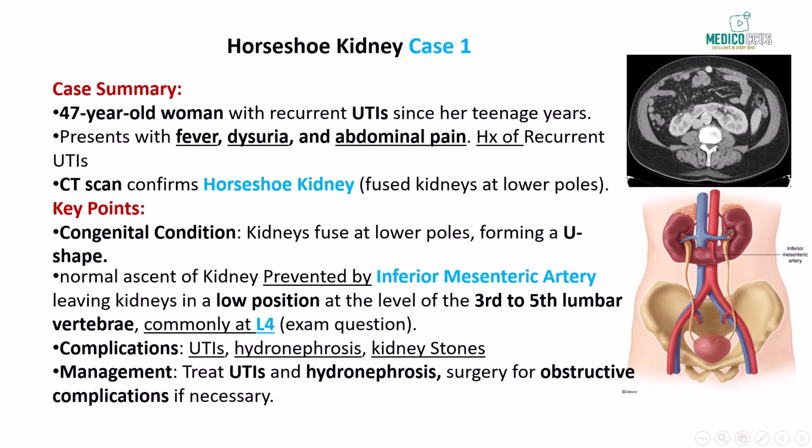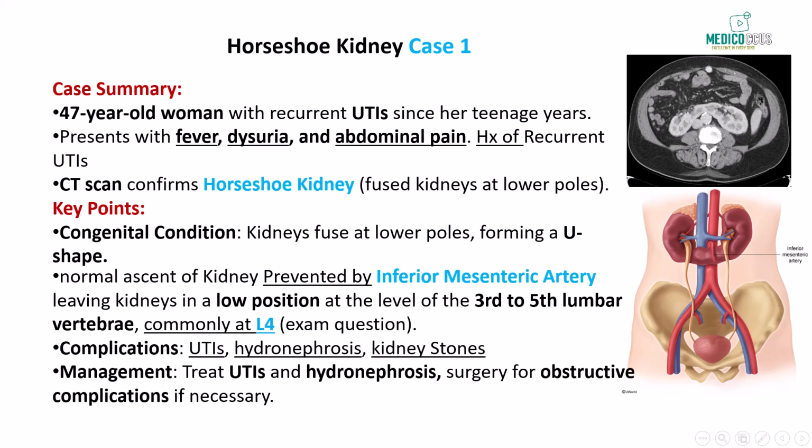with a horseshoe kidney. In this case, what anatomical structure is responsible for limiting the normal ascent of this fused kidney during embryological development? The correct answer is the inferior mesenteric artery. Horseshoe kidney occurs when the kidneys fuse at their lower poles during development, forming a U shape. The fused portion, or isthmus, becomes trapped under the inferior mesenteric artery during ascent, preventing the kidneys from reaching their